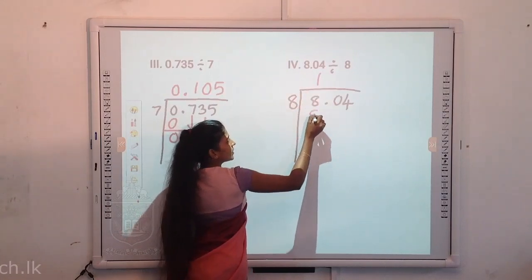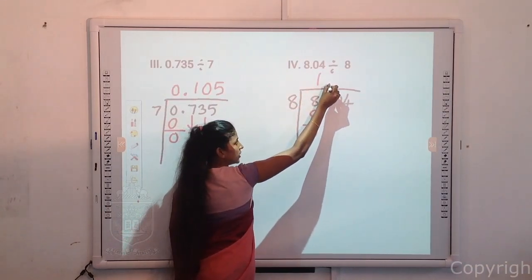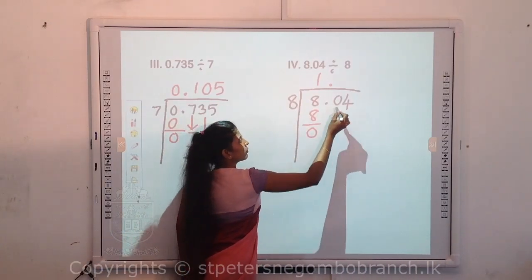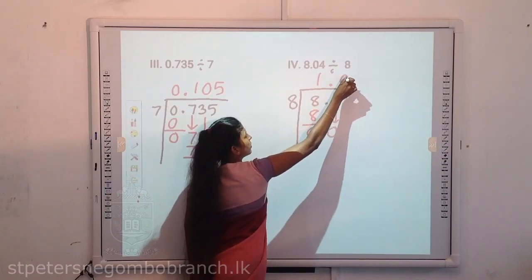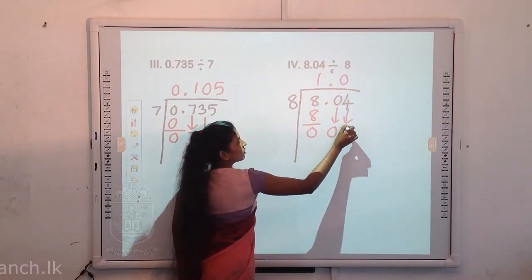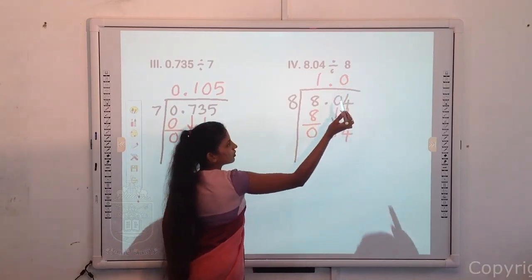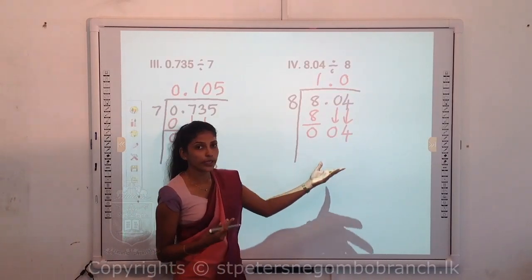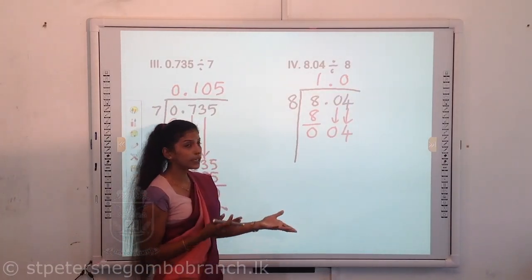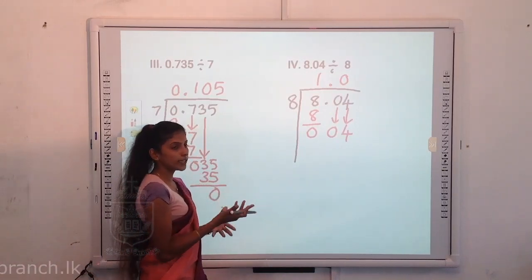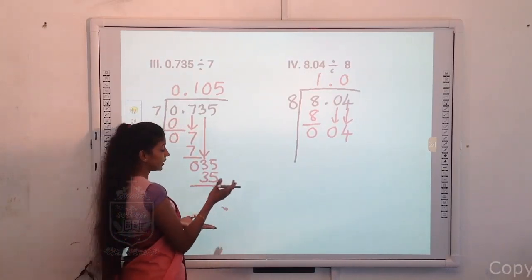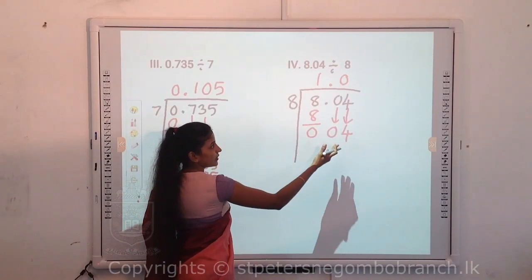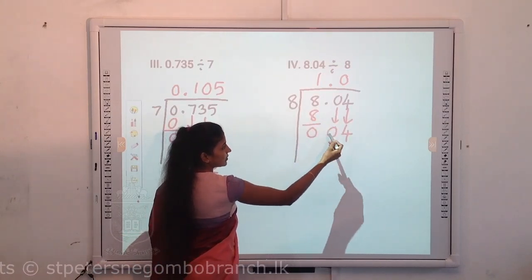8 times 1, 8. Here remains 0. Before moving to this first decimal, place the decimal point in the answer and take 0 for 0 also. It is 0. And take 4 down. 4. Right. Now what will happen here? Now that is the end. No any other numbers after 4. So you can't divide. But after the decimal point, you all can take zeros. Now here there is a remainder, but here there is no any remainder, the 0. But here you all can see we can't divide, we can't see any 8s inside this.